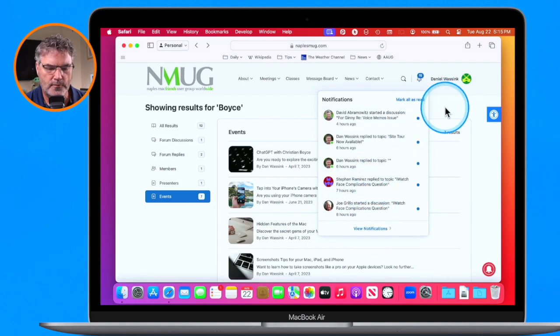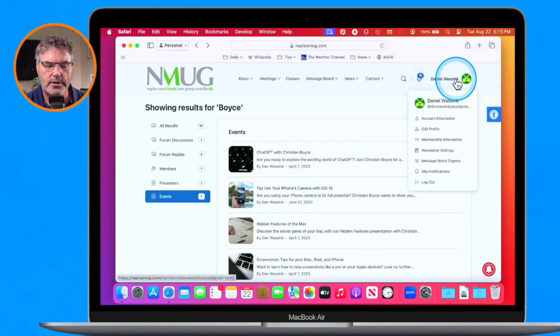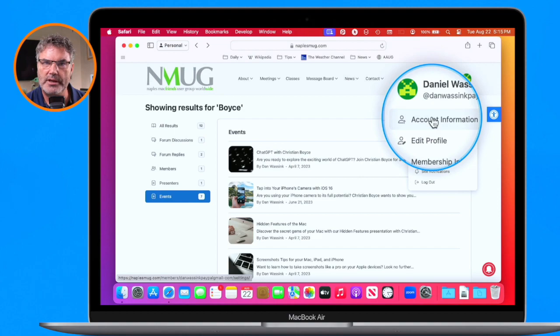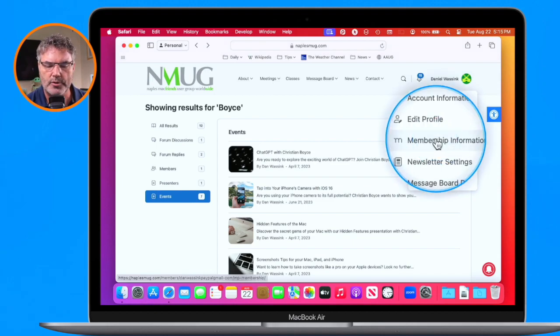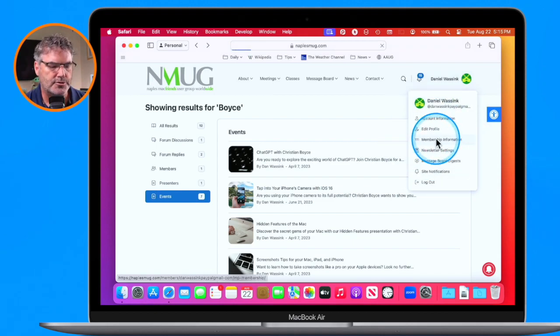And then if we keep going over to the right, we have our profile. This is where I can view my account information. I can edit my profile. And probably most important, I can manage my membership. When I click on this, what I'm able to do is